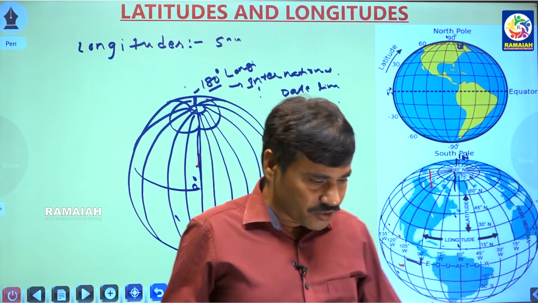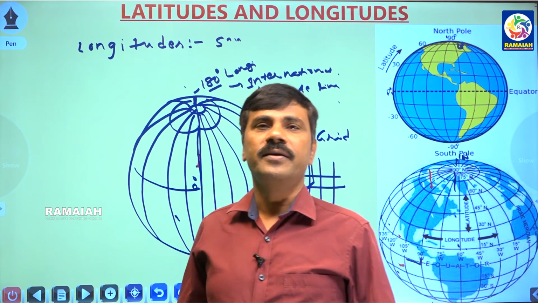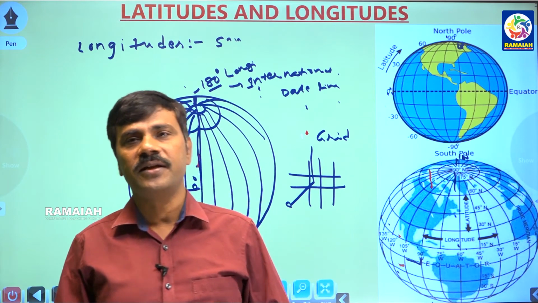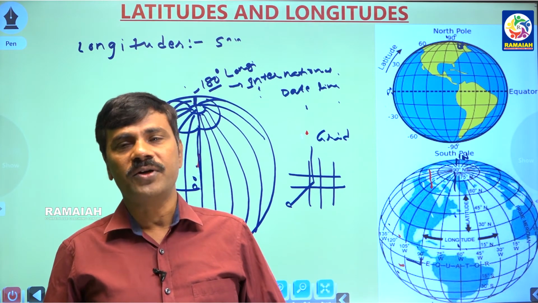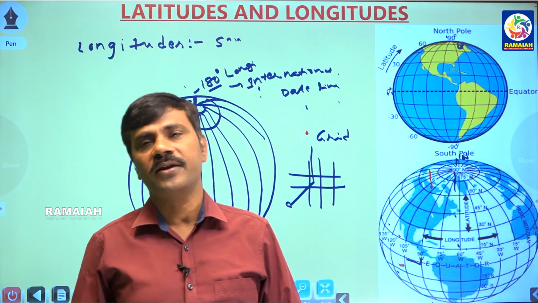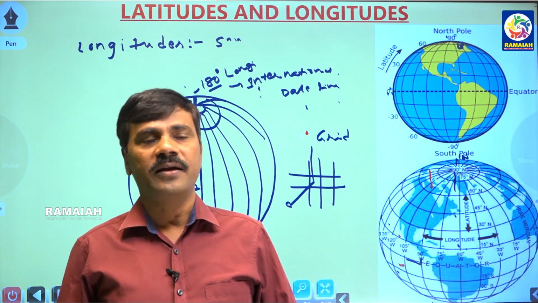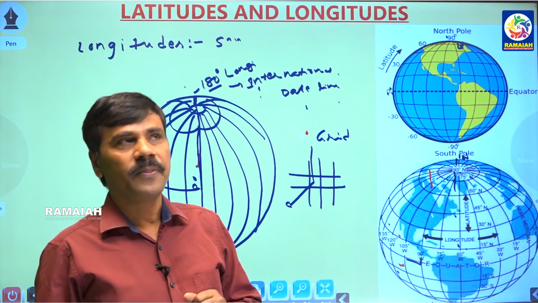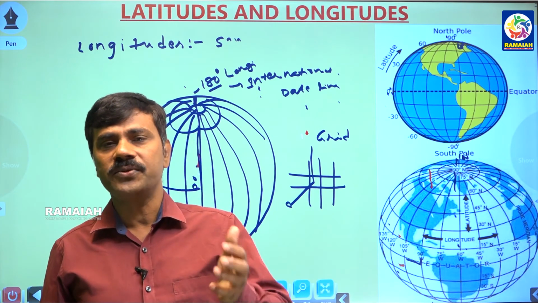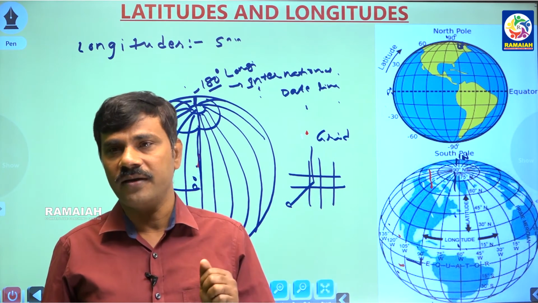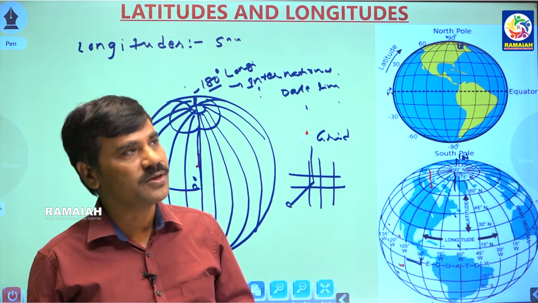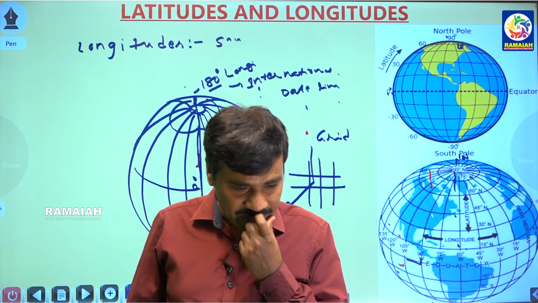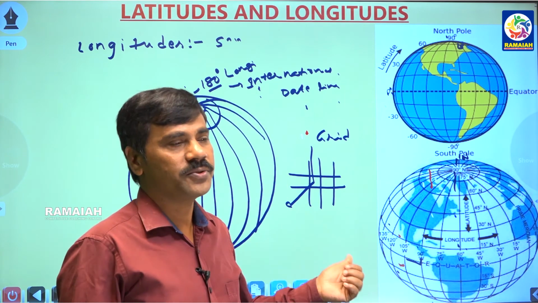Latitudes and longitudes are very important concepts. By these imaginary lines we find out important places and also the climate system, like rainfall and temperature and forest area, and many other physical features. The major uses of latitudes and longitudes are temperature and rainfall, and also we observe day and night times. Another important thing is that we also calculate distance by latitudes and longitudes.